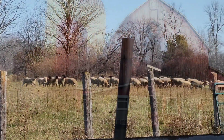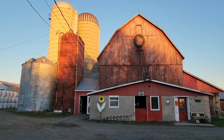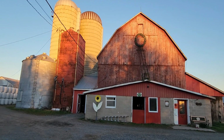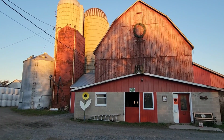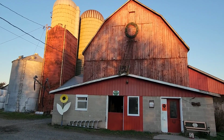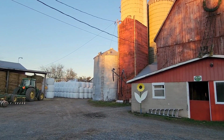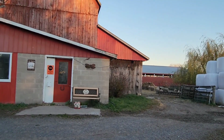Oh, it's freezing today. So instead of doing morning chores today, we started off there in the morning, but I thought we'd go around and do the evening chores, which are not the nighttime checks. These are the chores we do. Usually it's Arnie doing them mainly, and that's when I'm in the house making dinner. But we were doing a lot of house renovations all day today, so I didn't get much filmed out on the farm. So I thought, this is a different time of day, so maybe we'll have a look and see